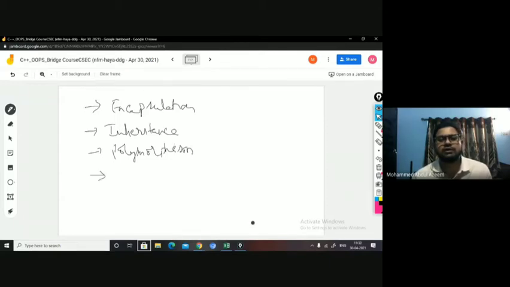But in addition to that, abstraction, data abstraction, hiding the data. Abstraction means hiding, right? By declaring the data under private mode, you are able to hide the data from the user, from the object, right?